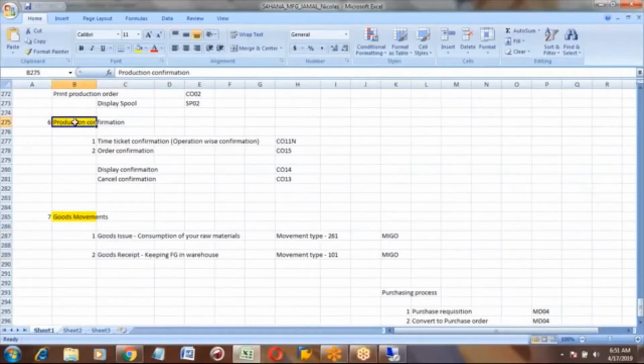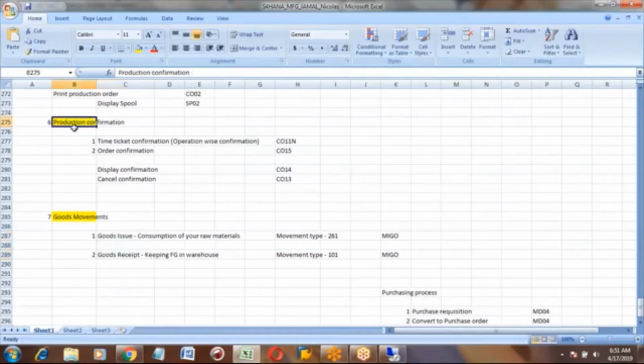In this way, we don't use a separate goods issue and goods receipt. Using some basic settings, you can do these two steps automatically in production confirmation itself.